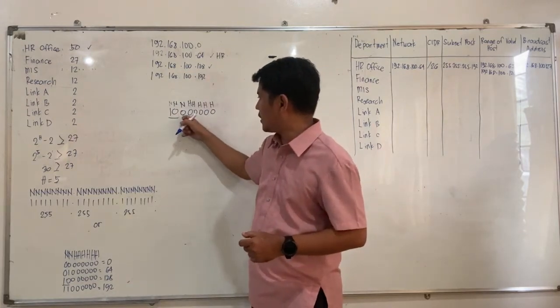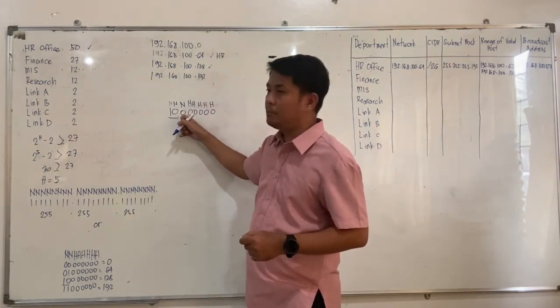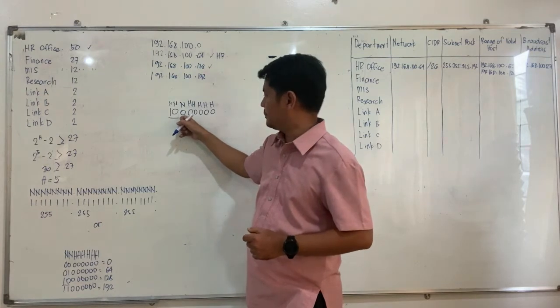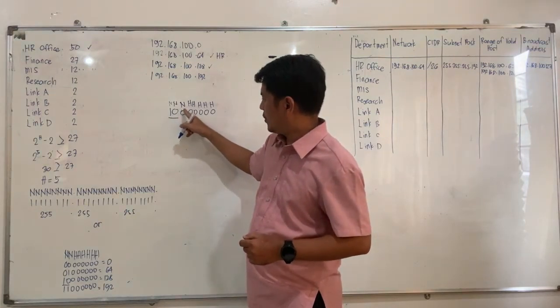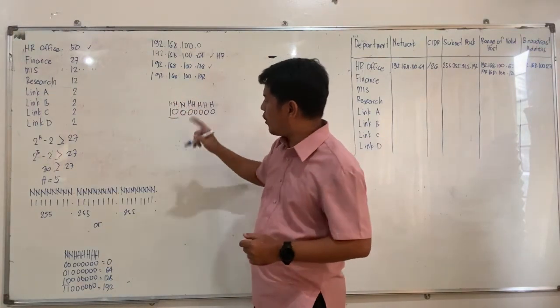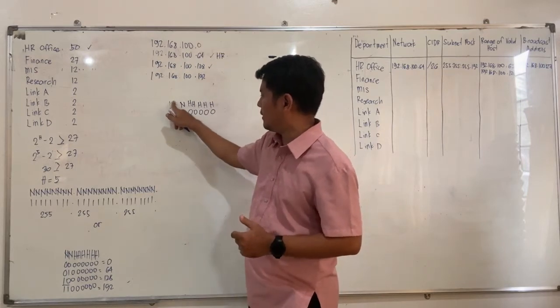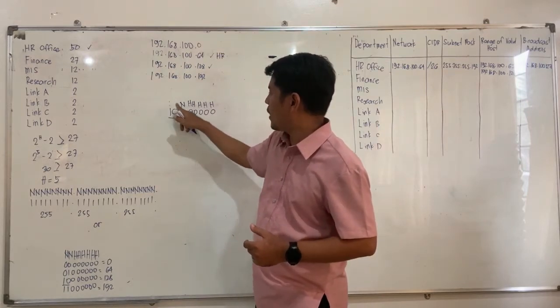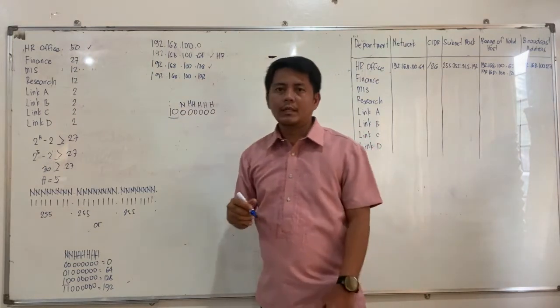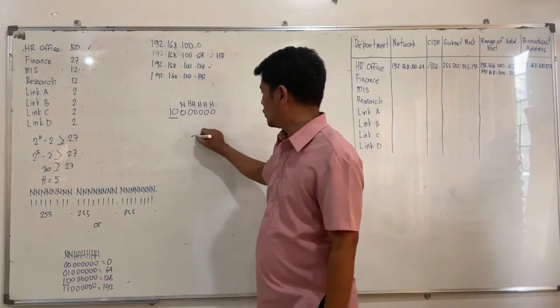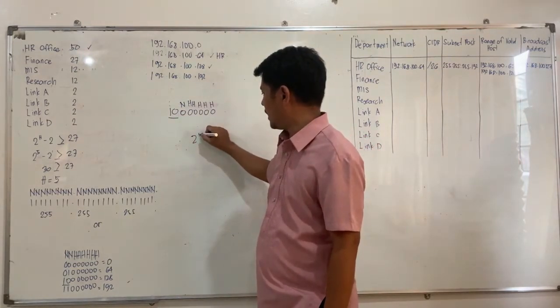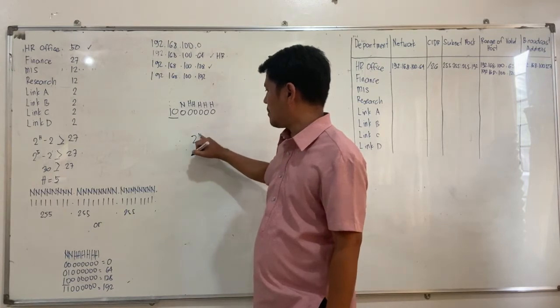Let's just concentrate on the third bit here. We only have one n here. From our formula, 2 raised to n, where n is the number of bits,